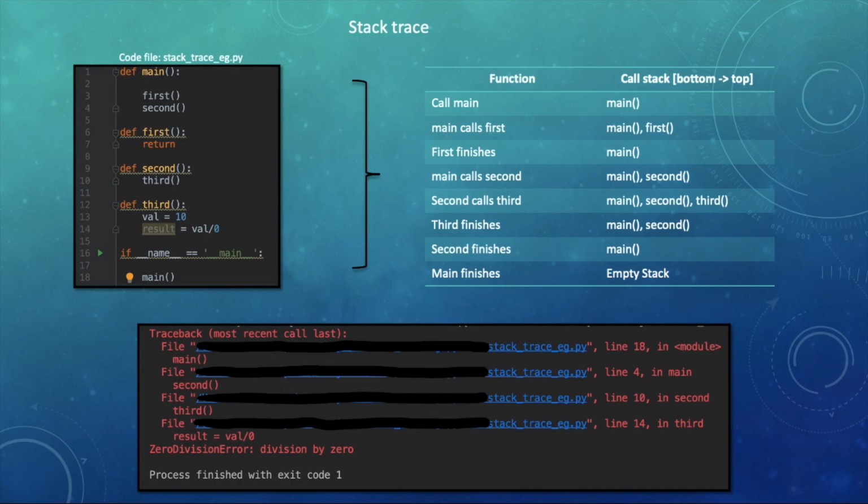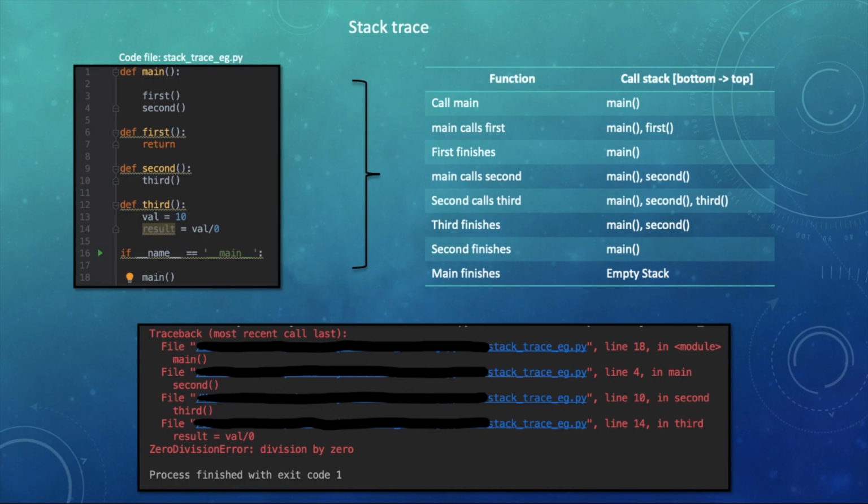I'm reading it from the bottom and going towards the top. And then we can also see that the second function was earlier called by main in line 4. This program was initially started with a call to main, with the module referring to the main function here.